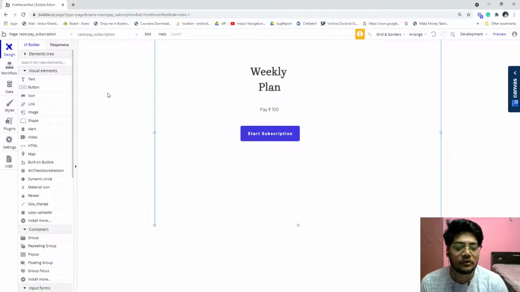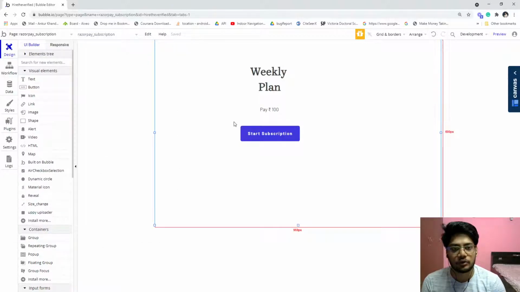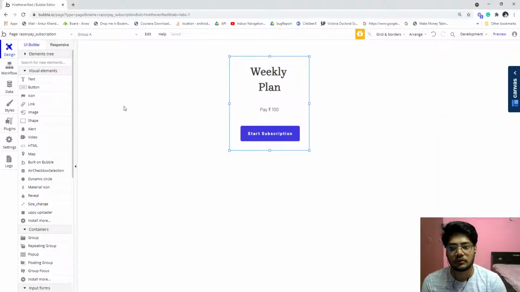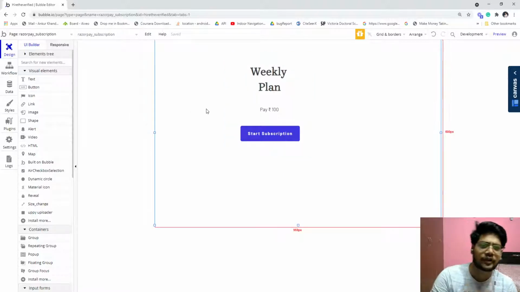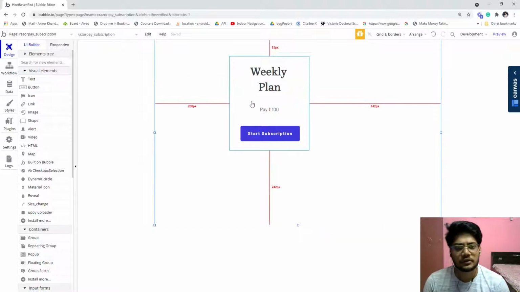Why? Because in the backend there is a thing called backend workflow. If you have not checked out my video on it, you can check it out, I think I already created one. They do not mention this anywhere, but in the free plan you can't use backend workflow. I was trying with a free project and I was not able to do it. So I thought, okay, let's do it. So let's start.